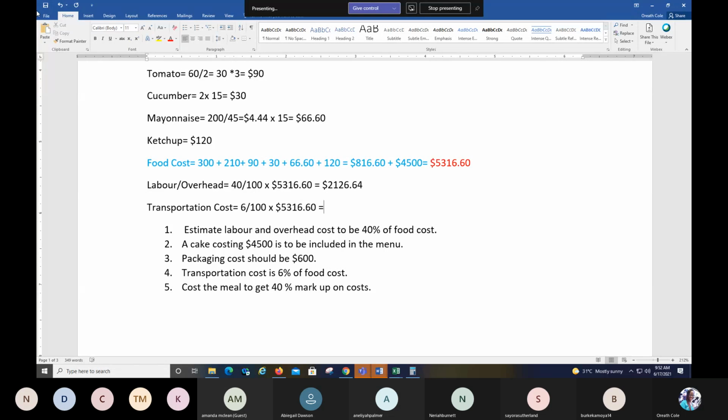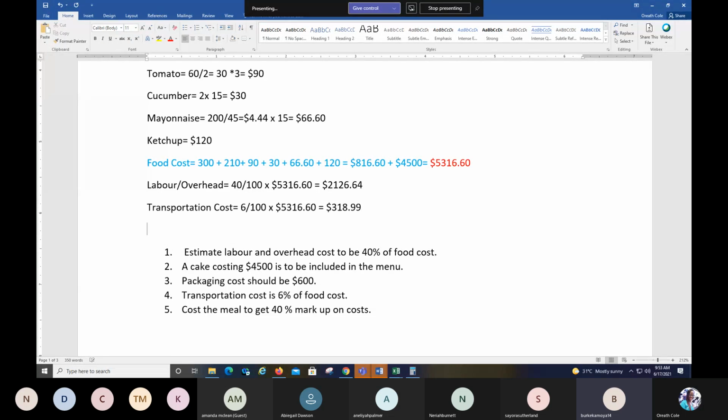$318.99. All right, good. So there's no other percentage to work out except for what? What is left to work out? The markup. So what we have to do now is find the total cost. Or we could call it the cost. Finding the cost, because when I reach the total cost,